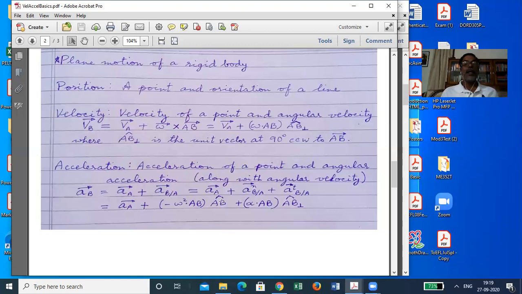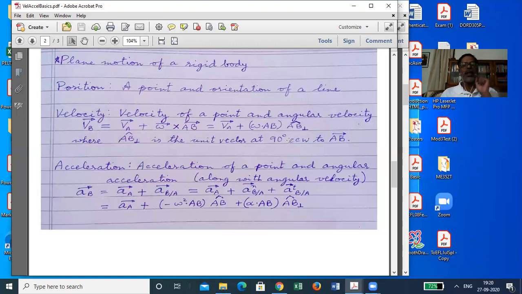And then there is a tangential acceleration, which actually will involve the angular acceleration of the body. This is alpha cross vector AB. So again, alpha is in the direction perpendicular to the plane of motion. So alpha cross AB will have full magnitude, alpha times distance AB, that is the magnitude, and the direction is 90 degrees counterclockwise to the direction of AB. Fine. So this is something which you know from your understanding of rigid body motion.